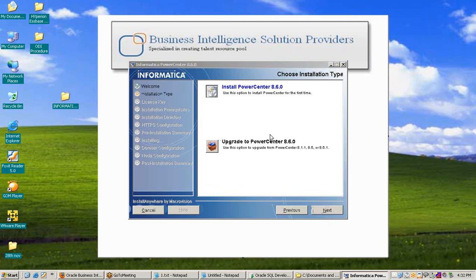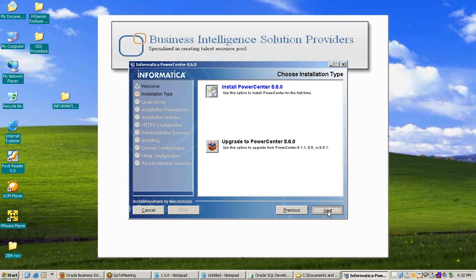The second window of Informatica appears. Here is the choose installation type window. Here we have two options. The first is for installation of PowerCenter 8.6.0 and the second one is for upgrade to PowerCenter 8.6.0. We are installing fresh Informatica 8.6, so click on install PowerCenter 8.6.